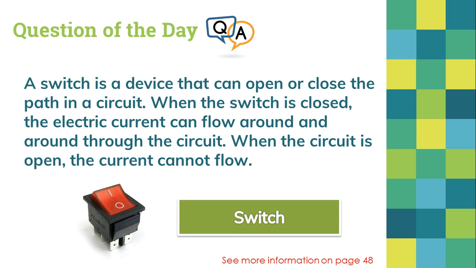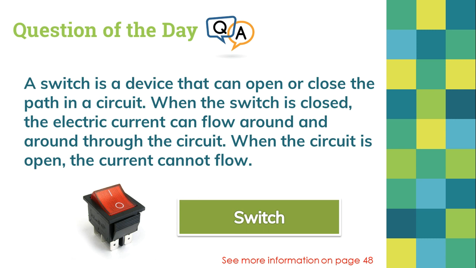When the circuit is closed, actually, that means that it is on, because the electricity can flow around and around through the circuit. However, when the circuit is open, the current cannot flow because we are opening the circuit. Remember that for electricity to flow, it should be on a closed path. Then, if we open this path using a switch, we prevent electricity from